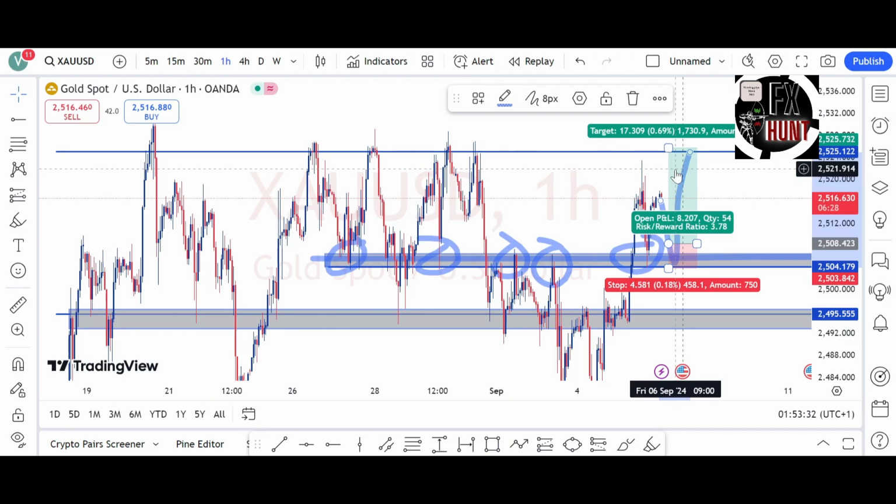If price happens to move this way, this is what we'll be expecting. Overall, I think this is an all-time high on gold. So when price gets here, price is going to react heavily. That's why I said, if price does not happen to retest